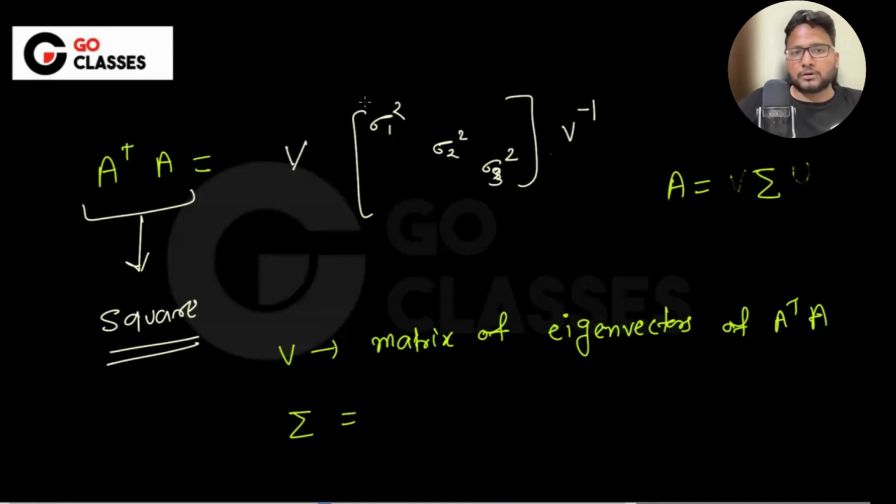If you want to find out this sigma, then this is the square root of